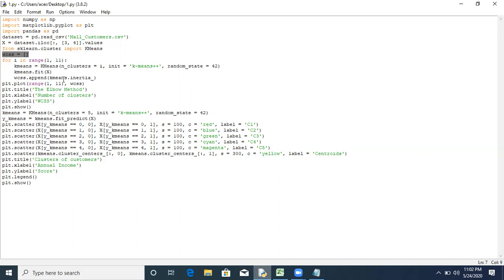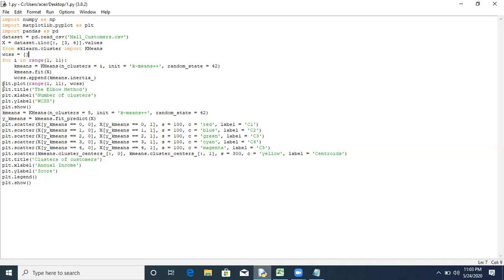All the values will get added to that WCSS, which was earlier empty, using .inertia_. Inertia_ is related to the values inside the clusters, which defines the distance between the centroid and the corresponding points in that cluster.